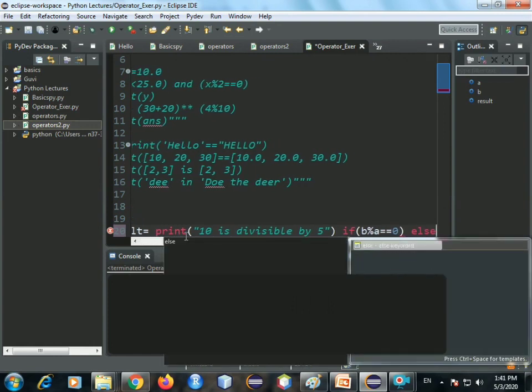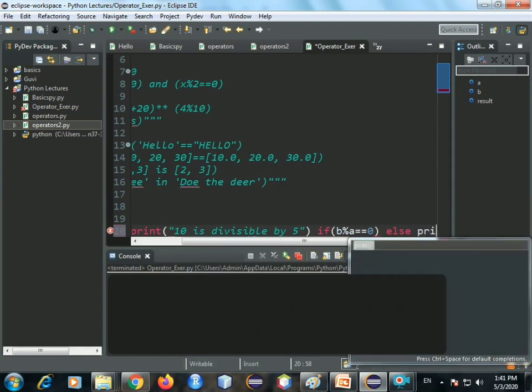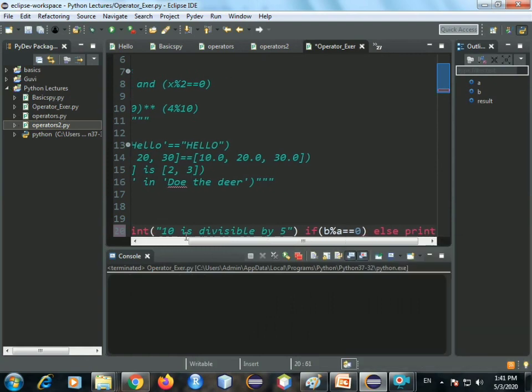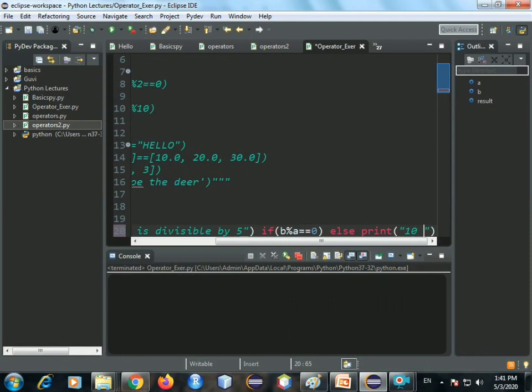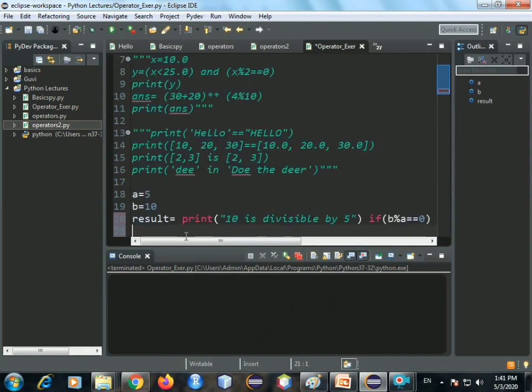You say else print 10 is not divisible by 5, which is actually false. So what we want the interpreter to print is 10 is divisible by 5. Alright, let's see if we are correct. Let's run it. There you go. We have 10 is divisible by 5.